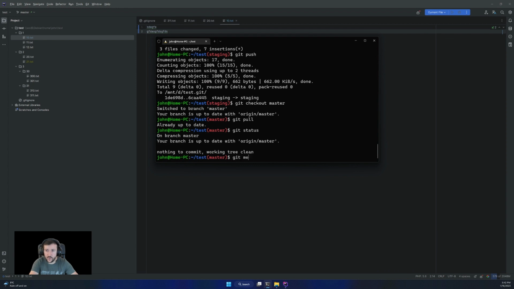And if I want to merge staging into master, I go git merge origin/staging. Since I pushed the latest staging changes to origin, I will do the merge with origin staging. I can do the merge with the local staging.